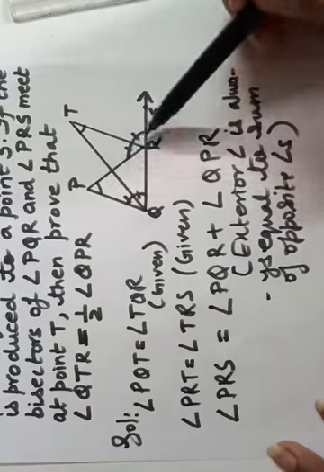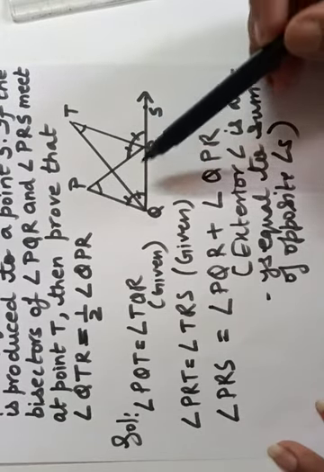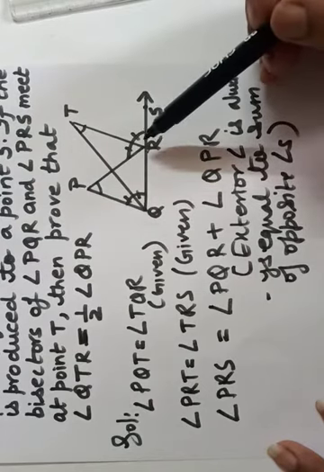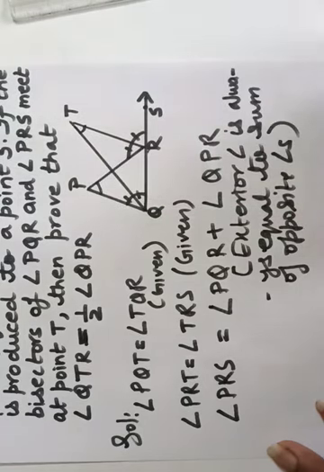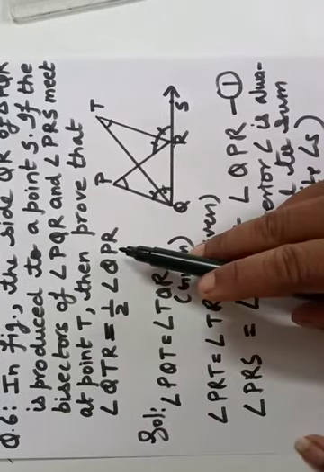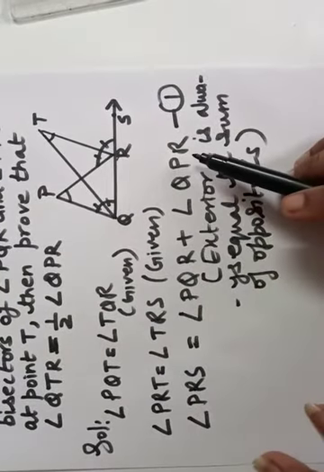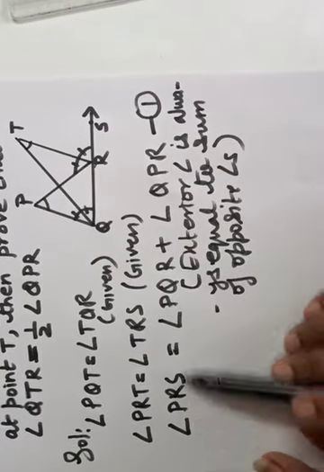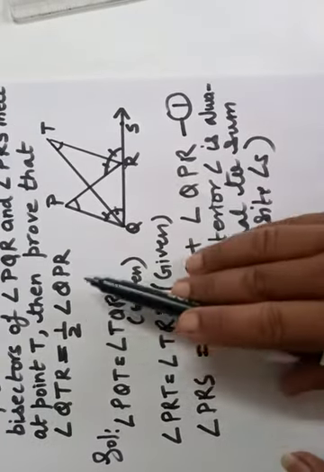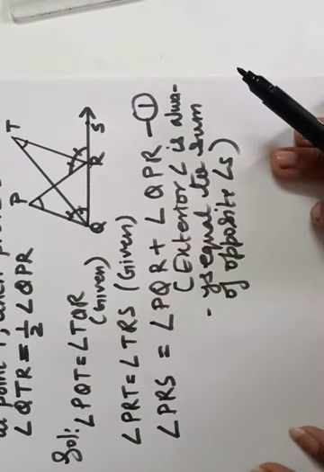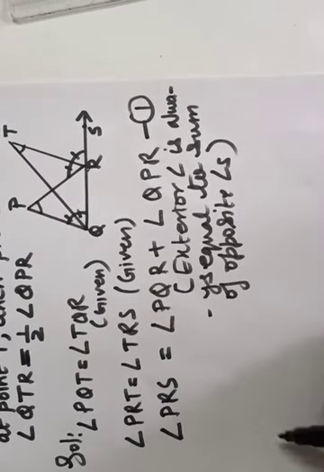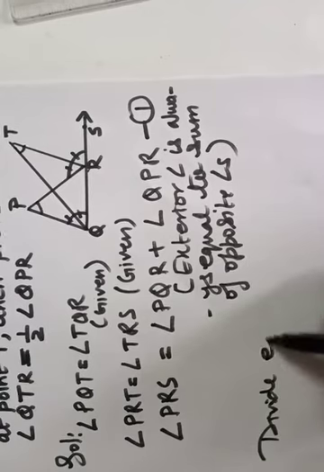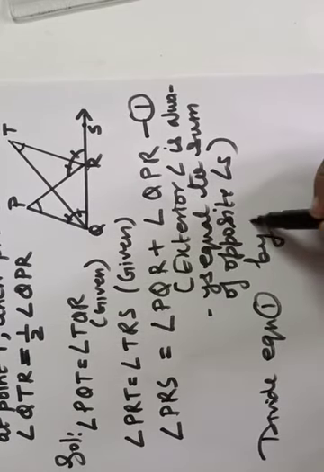See, angle PRS, this one, the bigger angle, is the exterior angle of triangle PQR, and the opposite angles are angle PQR, this complete angle, and angle QPR. Yes, so this is equation number 1. And in proving we want angle QPR also, so we have this angle also. So what we will do, just divide this whole equation by 2 because we need half of angle QPR here. There are other methods of proving also, but I find this is the easiest method. So divide equation 1 by 2.